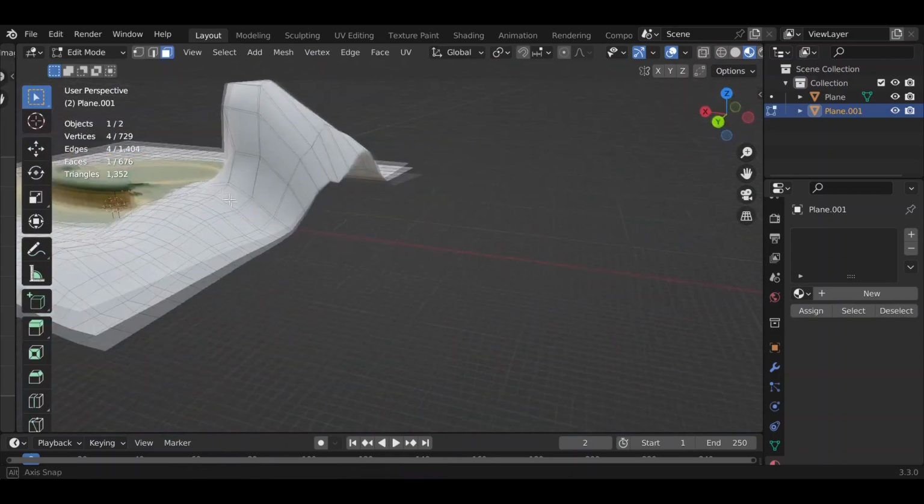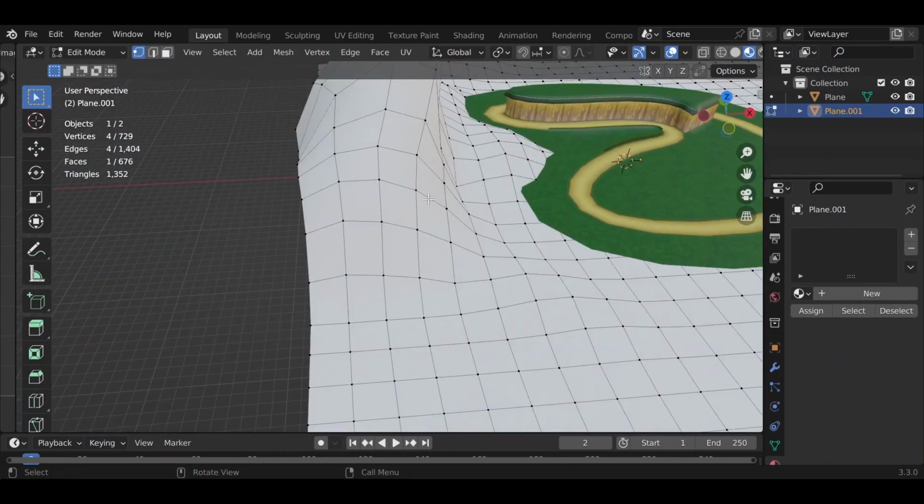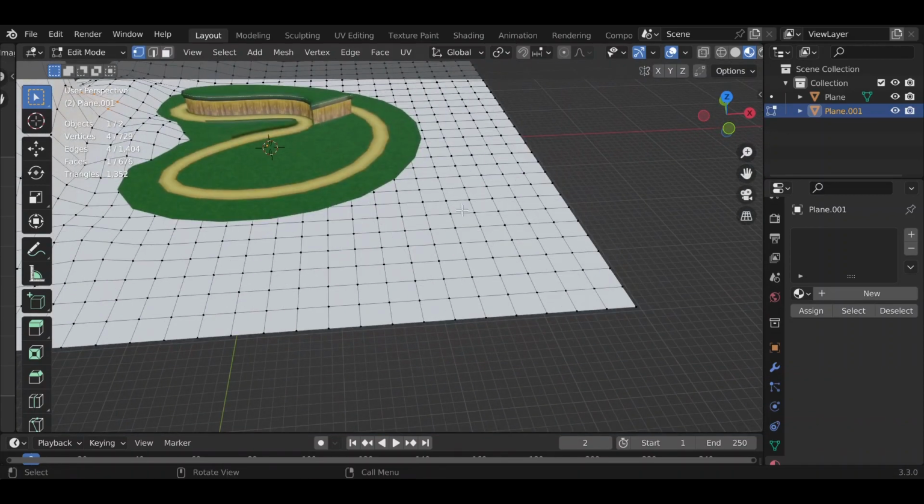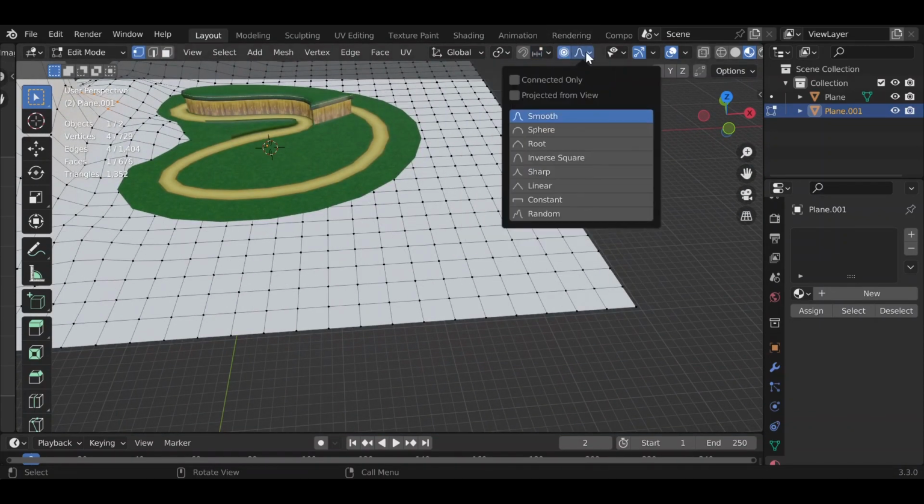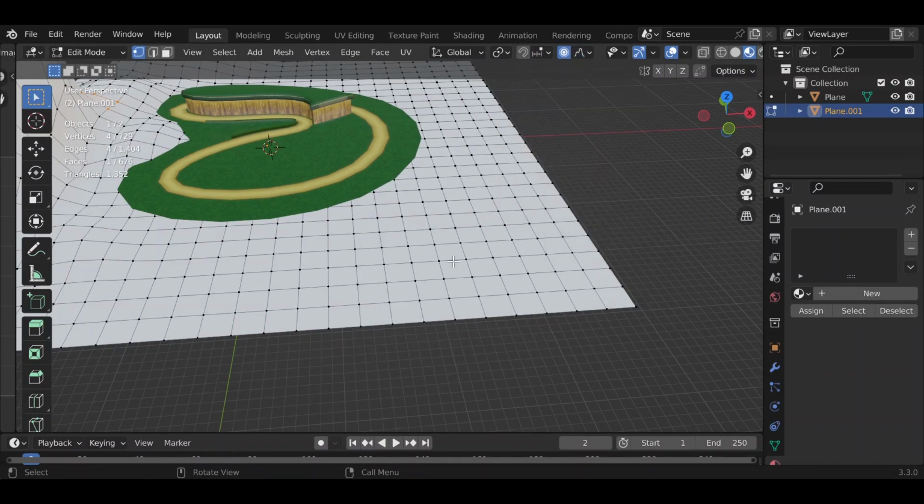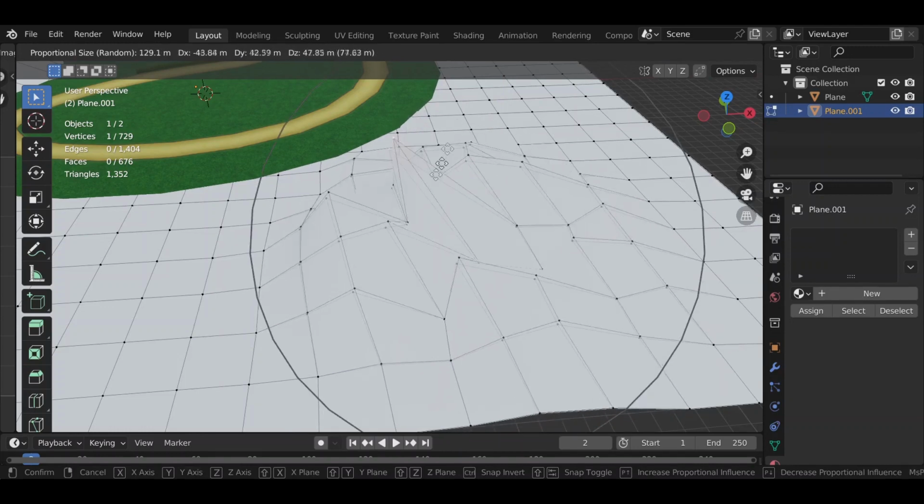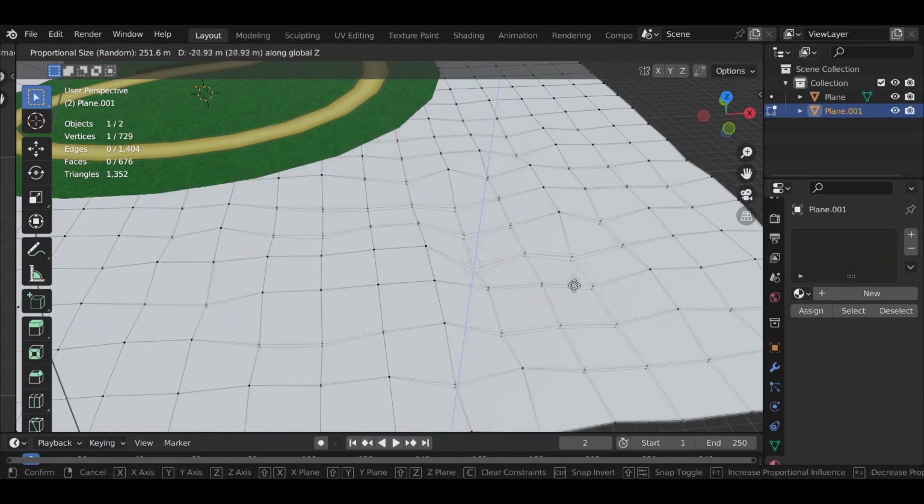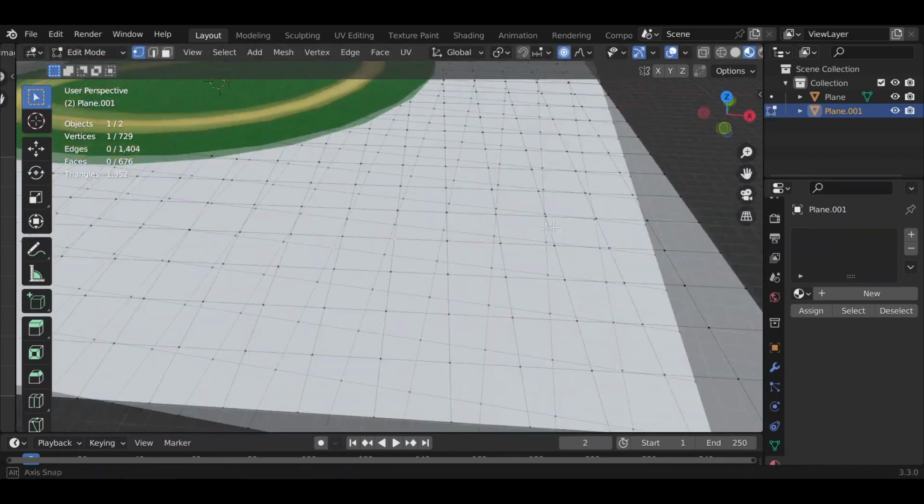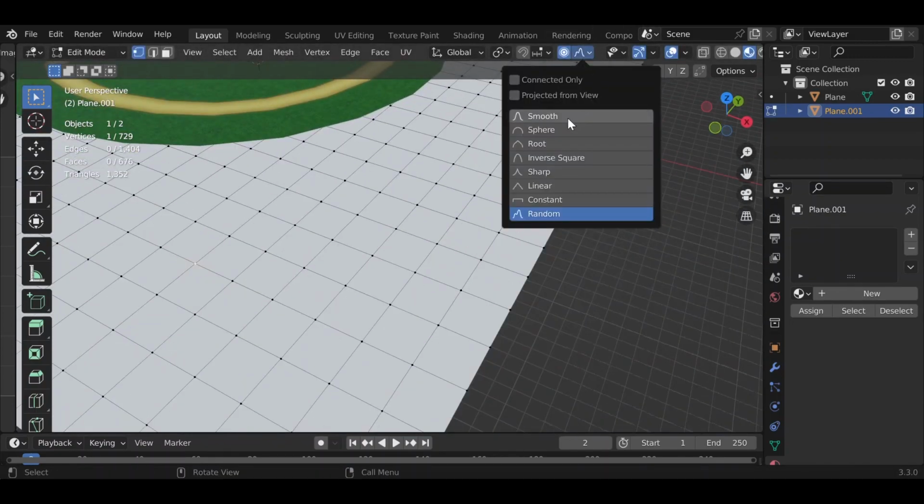If you're not too keen with this like I am, you can also use proportional editing. So by pressing O, you'll see that it's activated this, and if you click here, you can change these. So if you put it to random, you see that if I select a vertex, press G, it won't do anything right now. Then when I press G, and you scroll with the middle mouse button, you see it starts to affect a wider range of vertices. So you can just play around with this, get some nice hills by going to smooth,